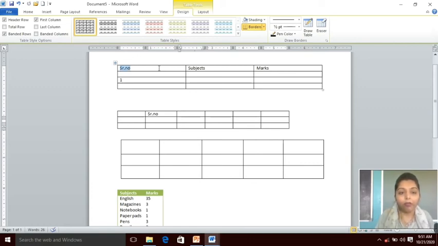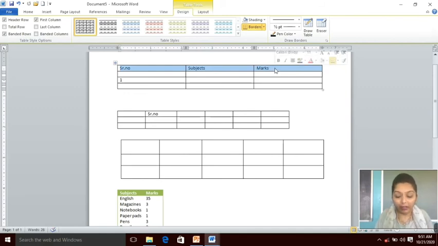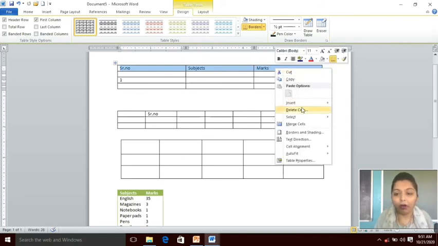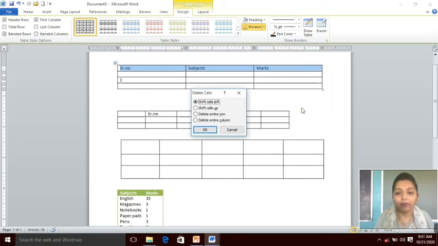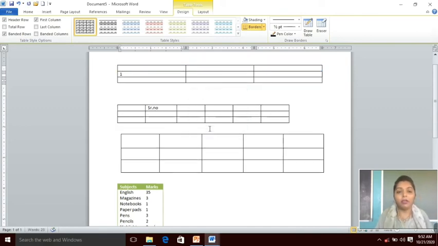Now, if I want to delete this particular row, I will select that. I will click on delete cells. Now it is asking shift cells left or up, on the left hand side or on the up, or delete entire row. Yes, if I want to delete the entire row, I will just click on entire row. See, one row has been reduced. There were 4 rows, now there are 3 rows. Clear to you, dear children? Understood very well?